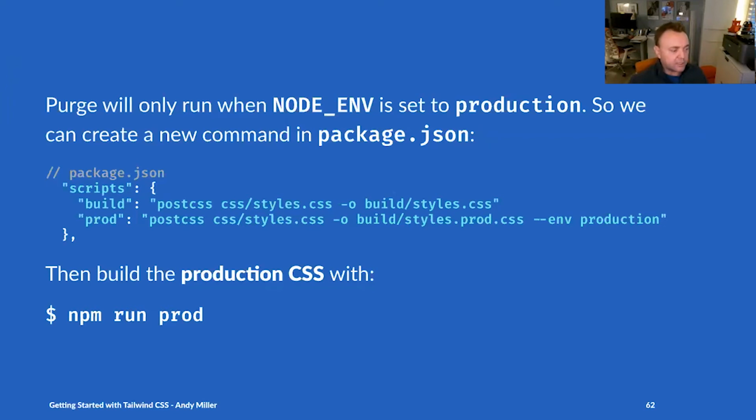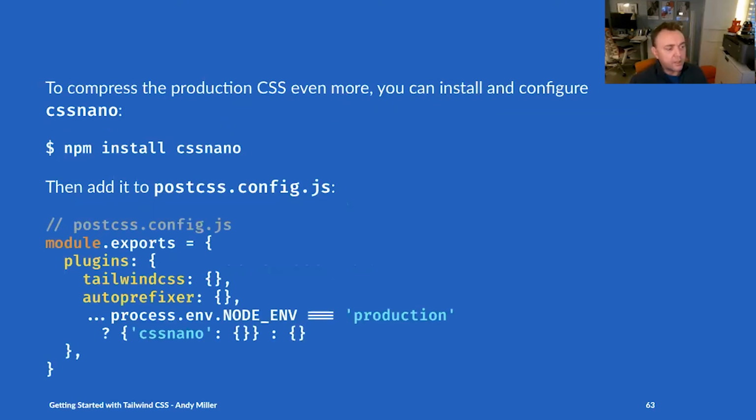If you look at the syntax of it, it's postcss styles -o, outputting to build/styles.prod.css. So a production version of CSS with this environment variable set to production. And to run this, it's just npm run prod. So instead of npm run build from before, it's npm run prod. And if you do this, you'll end up with a file. But before we do that,